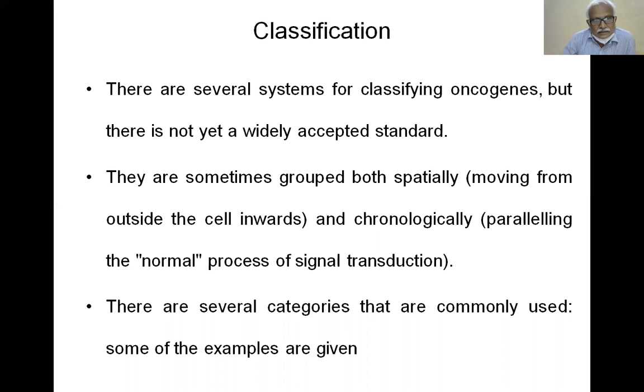So classification. There are several systems of classifying oncogenes, but there is not yet a widely accepted standard. We could not arrive at one even till today. They are sometimes grouped both spatially, spatially meaning moving from outside the cell inwards, and chronologically, that is paralleling the normal process of signal transduction. There are several categories that are commonly used. Some of the examples are